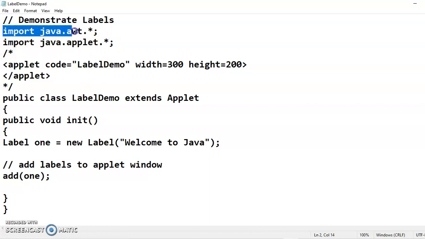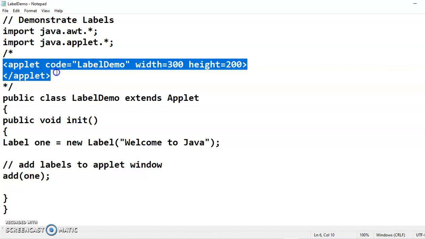Now this is an applet program, not a Java application program. So an applet program runs on the browser also, and the browser understands the language of HTML, and the HTML language contains various tags. So the tag which is required to run the Java program in a browser is the applet tag. So we need to write this code in a comment, we need to write this tag in a comment so that when we compile this program, this code is not actually compiled, but when we run this program, the program gets executed based on this tag.